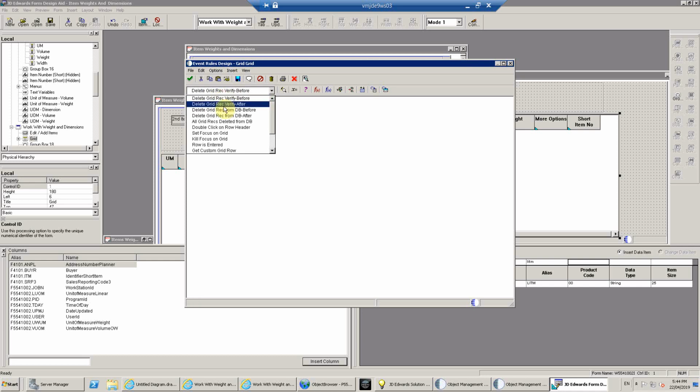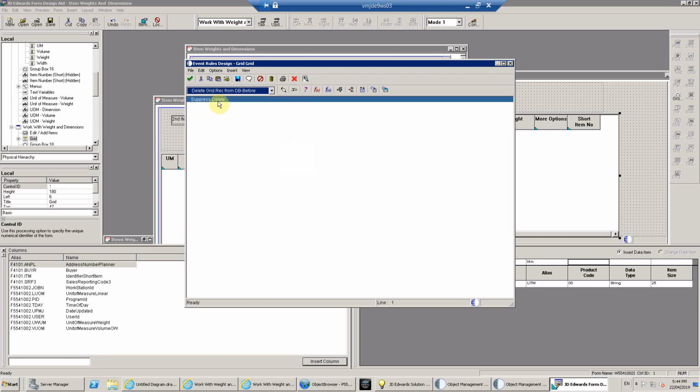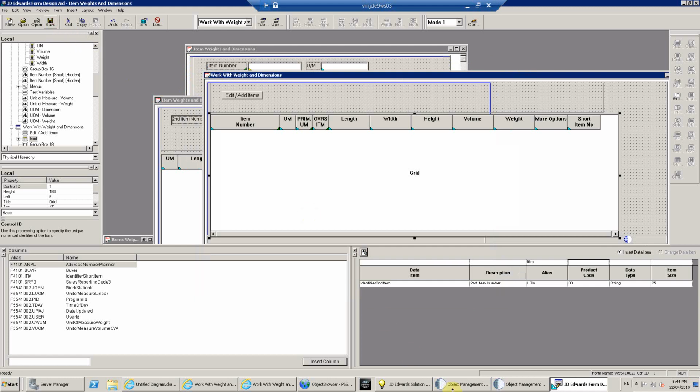If you have default behavior, so I don't want JDE to delete both from 4101 and from the other table, I would say when you're about to delete the grid record from the database, suppress the delete, which means JDE's native behavior is going to be suppressed. So now if I just do that, and I run this,